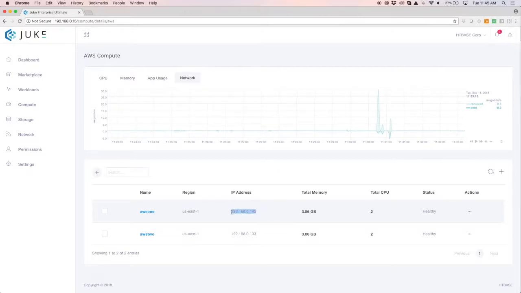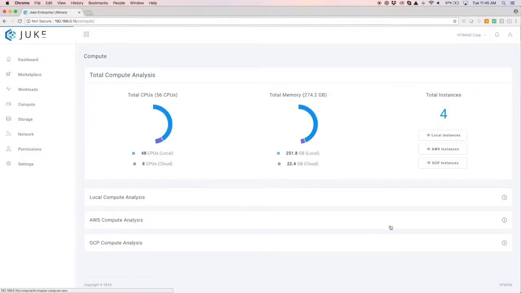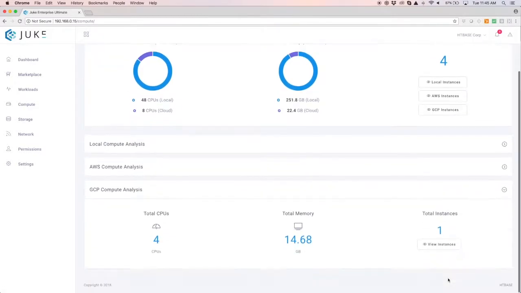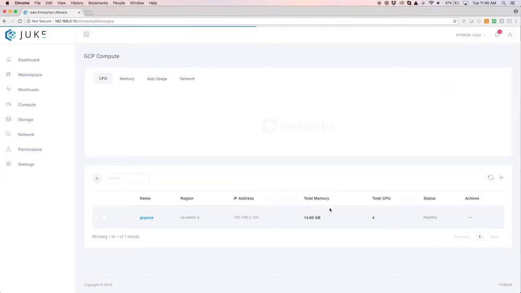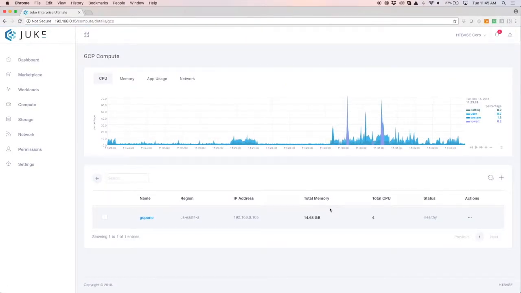As mentioned, JUKE creates a software-defined networking layer, providing all nodes with a distributed layer 2. Same thing is presented when we look at the resources that are coming from Google Cloud. And as we focus on Docker Swarm for this video, if users wanted to deploy containers across AWS and Google, they would have to do a lot of different manual effort as well as manage 2 individual clouds. But let's have a look at the terminal and see how Docker Swarm is presented when JUKE is the underlying